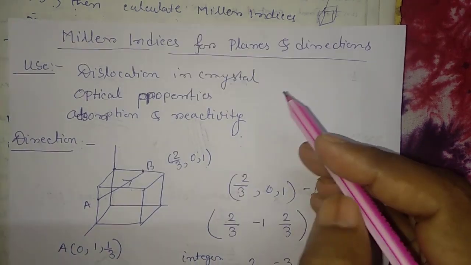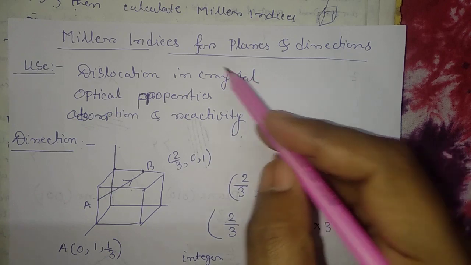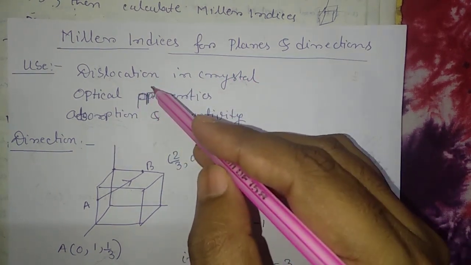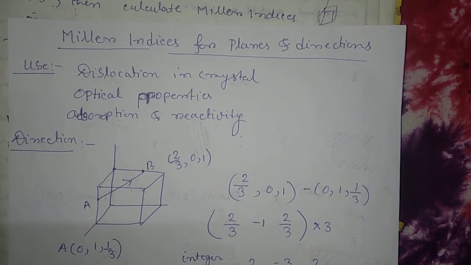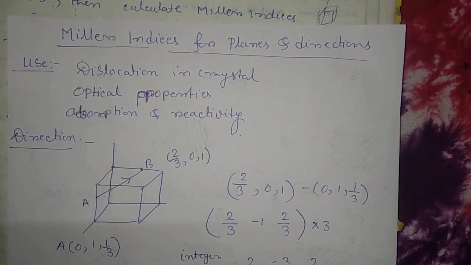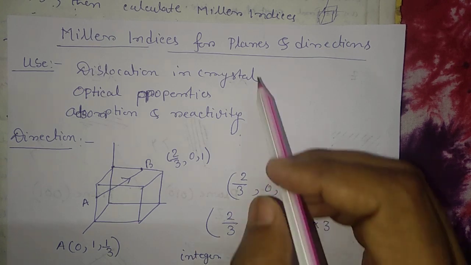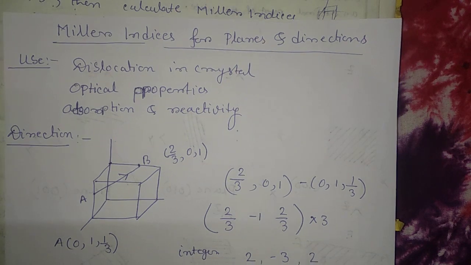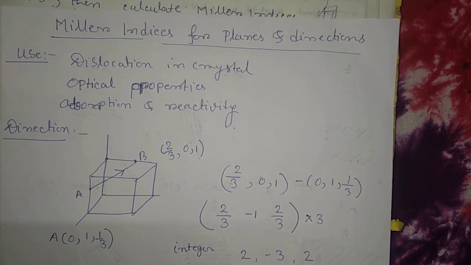It is used to identify the dislocation within the crystal, because dislocation motion actually occurs within the material. When the materials are dislocated due to loading conditions within the atoms, the optical properties will be identified with the help of Miller indices, because optical properties depend on the